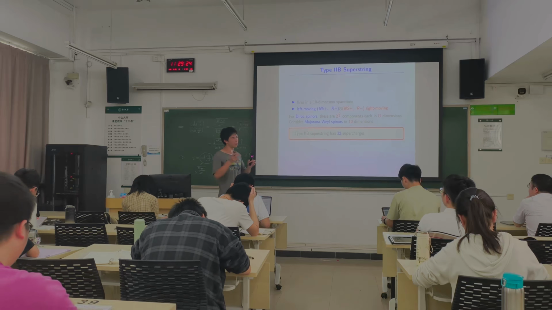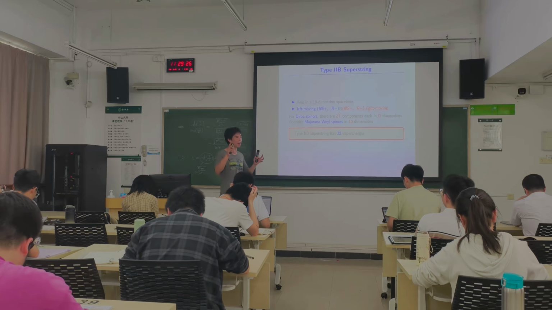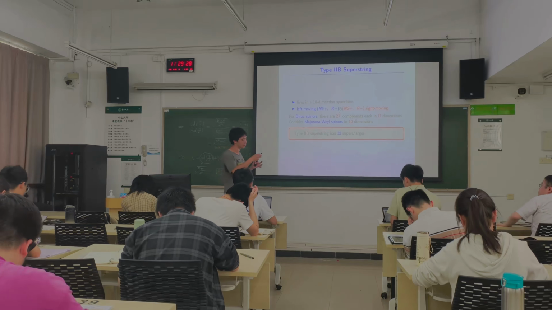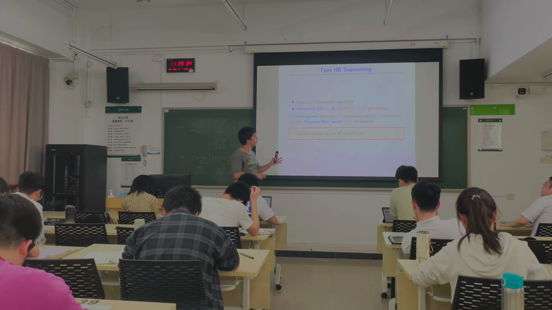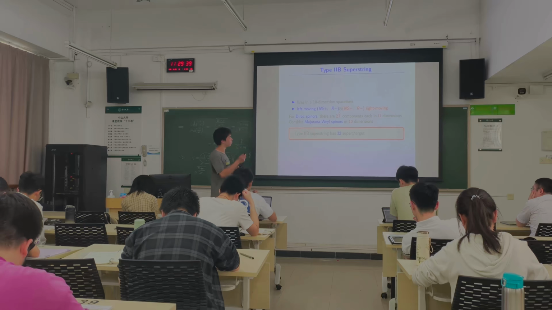And type 1, you probably know that string theory has 5 types. Type 1 has N equals 1, so it has 16 supercharges. So this will be important. Remember, we talked about this before. N equals 4 super Yang-Mills actually has 32 supercharges as well. So that will be important.